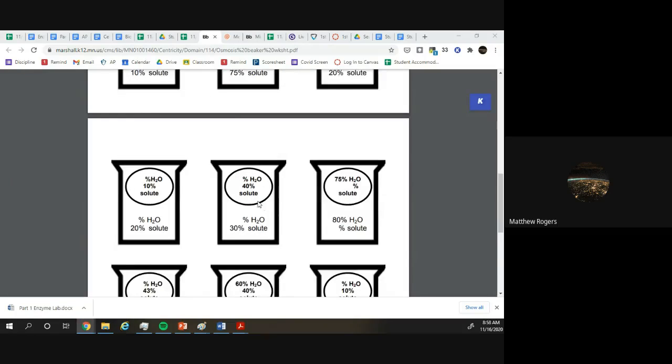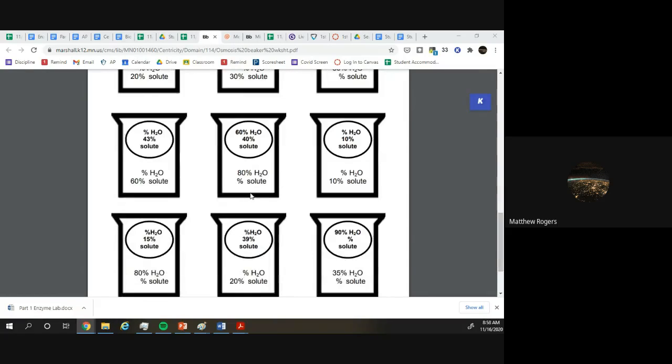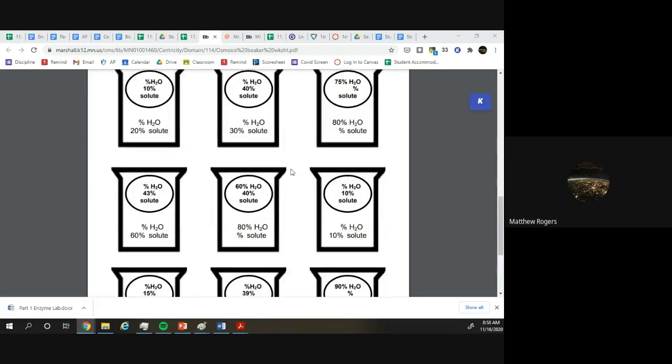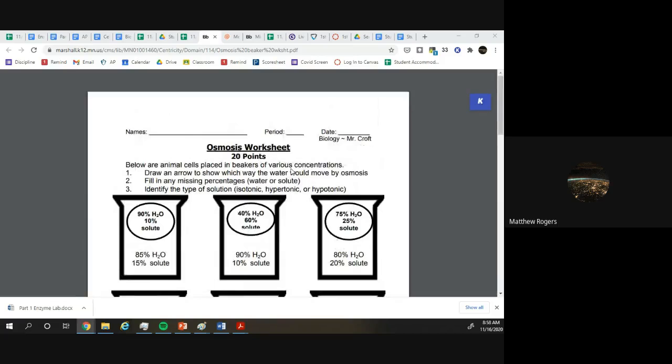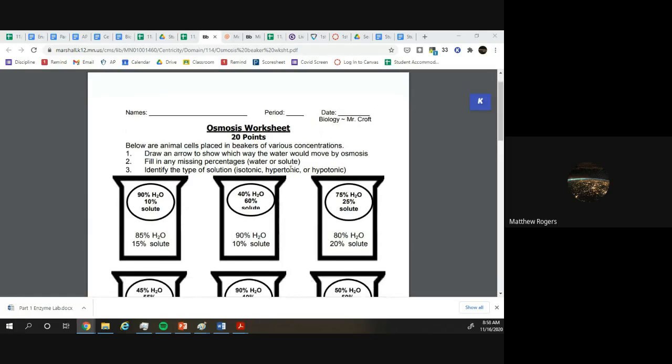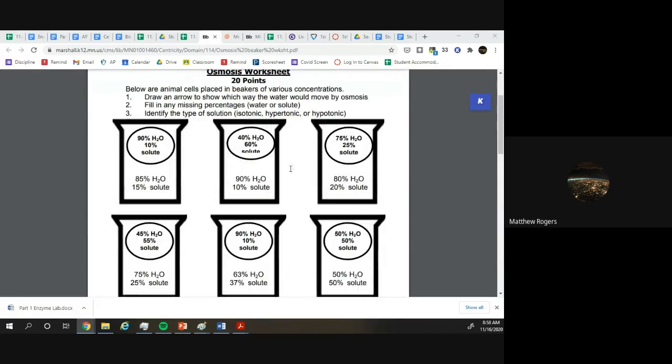This is something that, sorry, I'm hoping you guys remember from 10th grade. This is actually a sheet that I give in 10th grade, so I want to make sure we start something